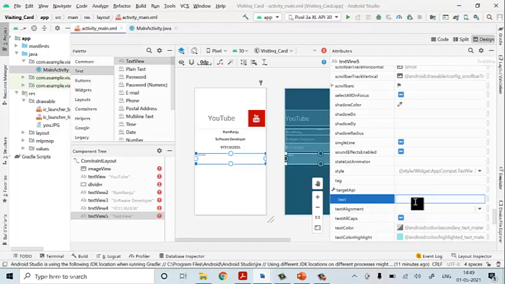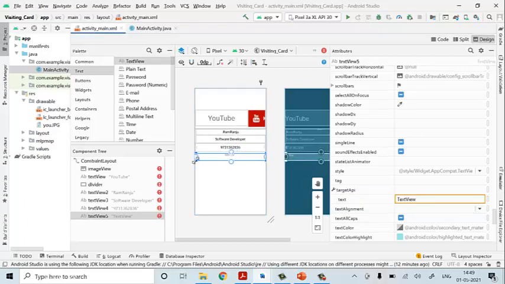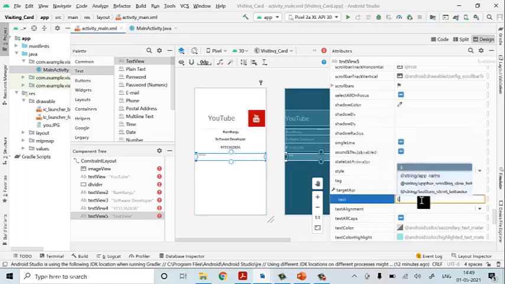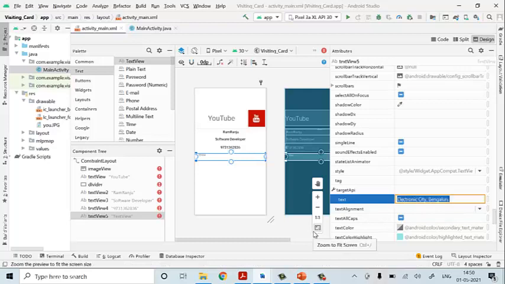What can we give, Electronic City, Bengaluru. Okay, I have done an undo, sorry. I'll change it again. Now I'll change it to Electronic City, Bengaluru. I'll write it. Okay, now you press enter. Now you need to make it center. Go for gravity.